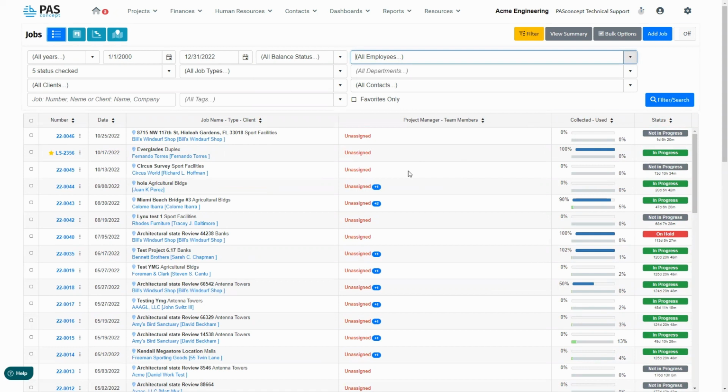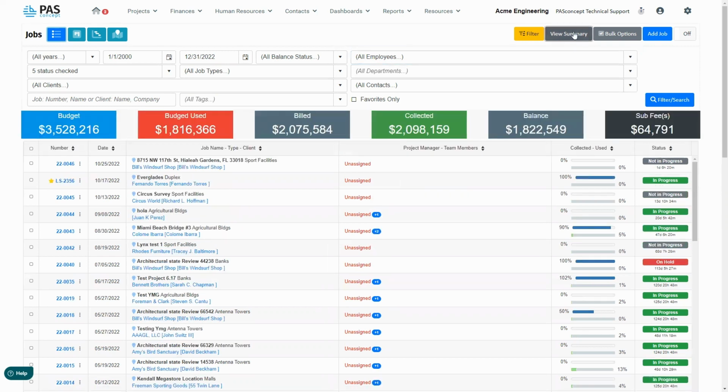Beyond this, the list that you see below you is dynamic. Dynamic in that if I were to change this filter and filter it out, only a subset of this entire list would be seen. Why is that important? Well, because we have this view summary area. This view summary is something that certain users with certain permission are able to see, in which you can see the total budget, the budget used, billed, collected, and so on and so forth, for the list that we see below.